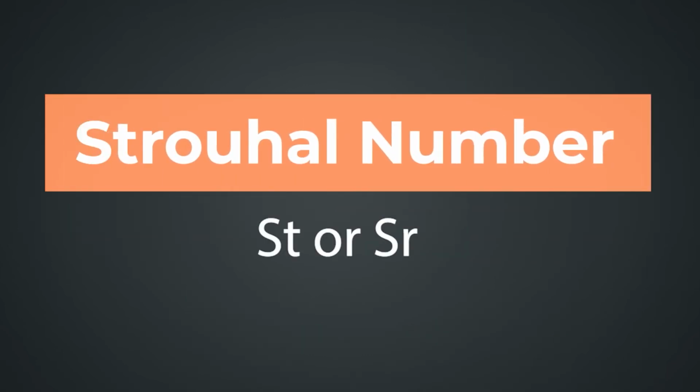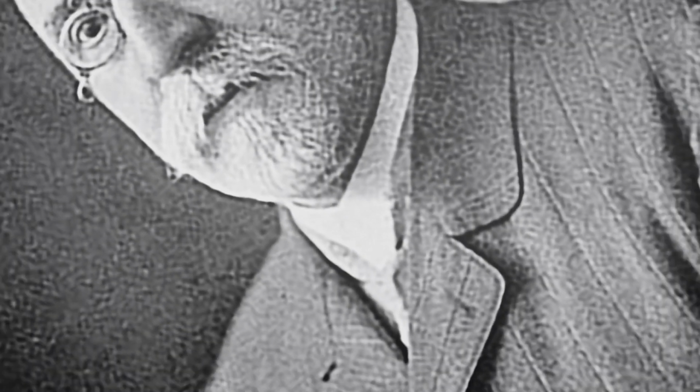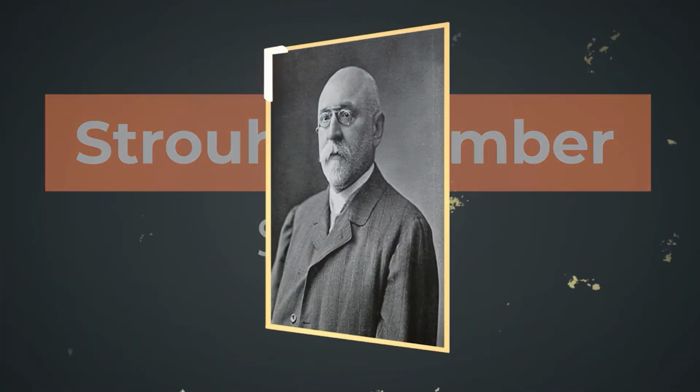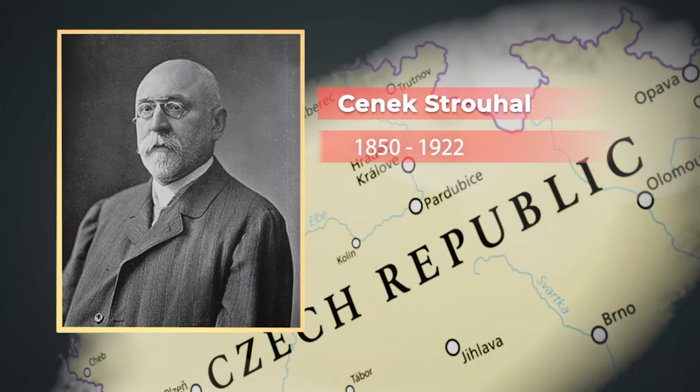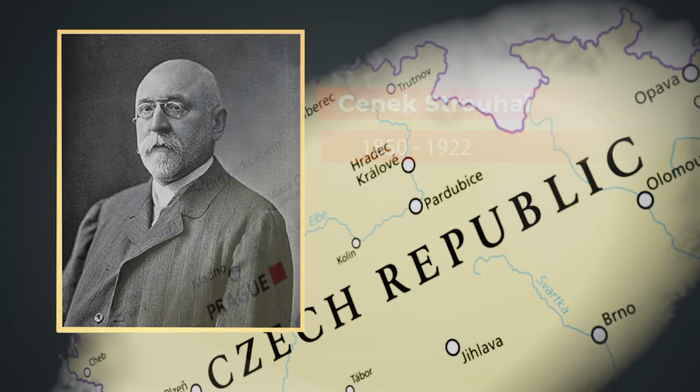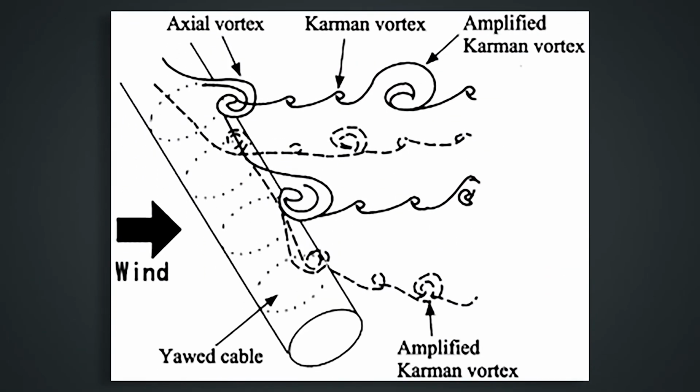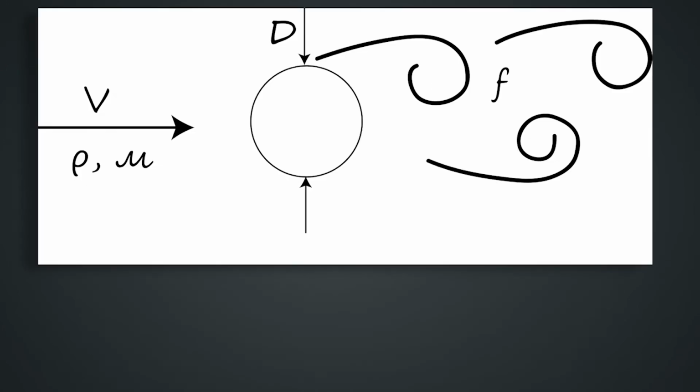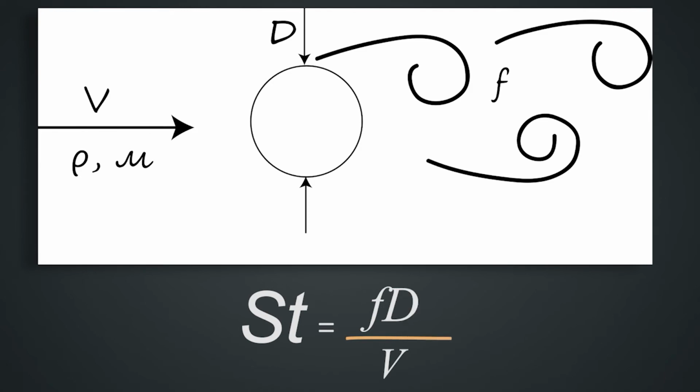Strouhal number. This dimensionless number was a great contribution to fluid mechanics, named after the Czech physicist Vincenc Strouhal, who in 1878 discovered this number while performing his experiment with wires experiencing vortex shedding. Strouhal number combines the frequency of vortex shedding, flow velocity, and diameter. Large values reflect the domination of oscillatory flows. Low values imply oscillations are swept by rapid fluid motion.